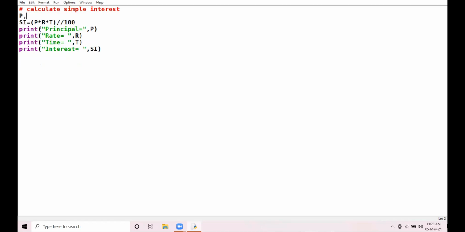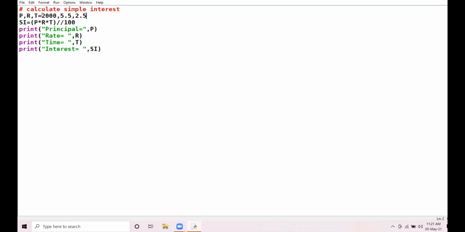P, comma R, comma T. In Python programming, you can initialize multiple variables in one common line, equal to 2000, 5.5, 2.5. Now see here what will happen.